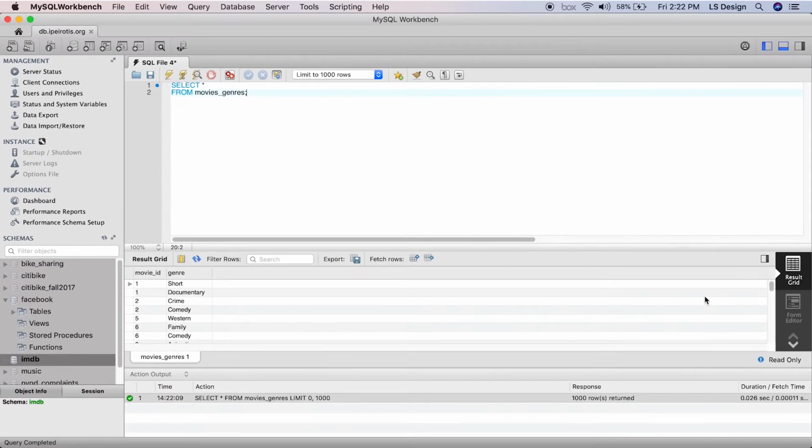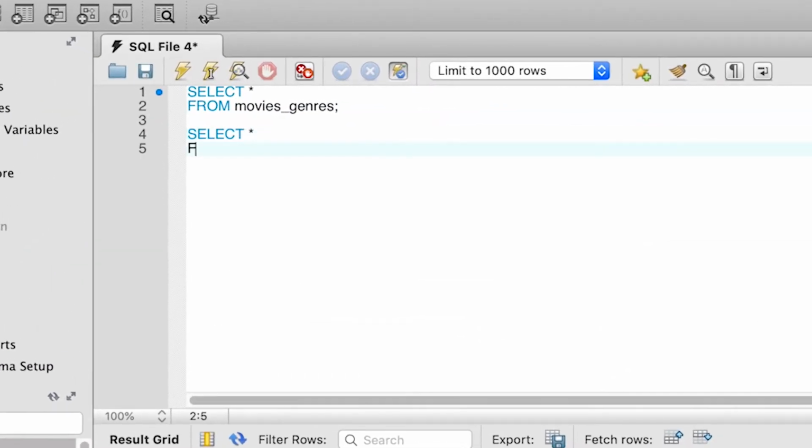However, in this table, we only have the movie IDs and not the details such as title, rank, and year for these movies. This is where the join is going to come in handy. We are going to take the same query and say, select star from movie genres, and let's call this table G for now, so we put as G after movie genres.